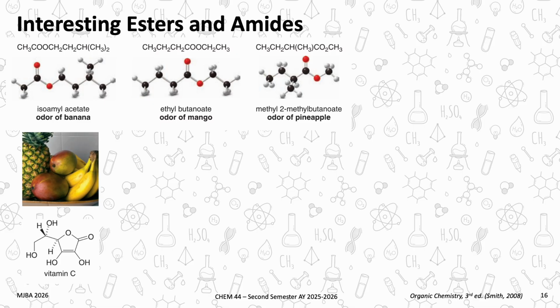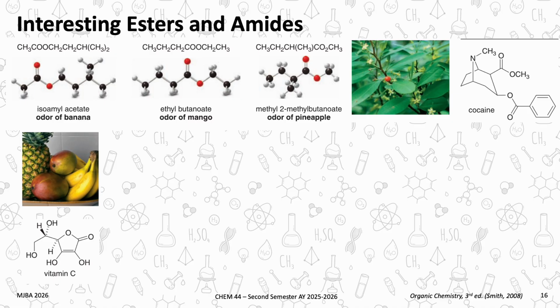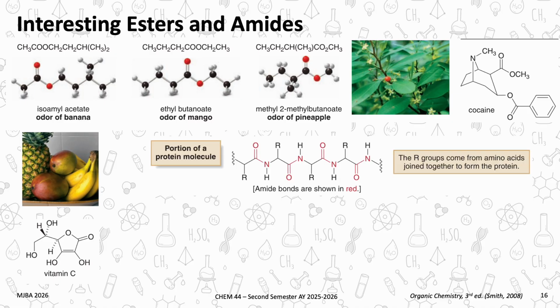If we take a look into vitamin C, the water-soluble vitamin, the solubility is accounted for by the many hydroxyl groups, but if we check, it actually looks like a lactone with a double bond in it, so a cyclic ester. Ester is also one of the functional groups, as we can see here or here, for cocaine. Unfortunately. The ester functionality is also found in cocaine.